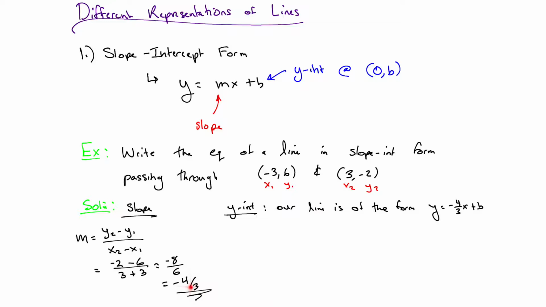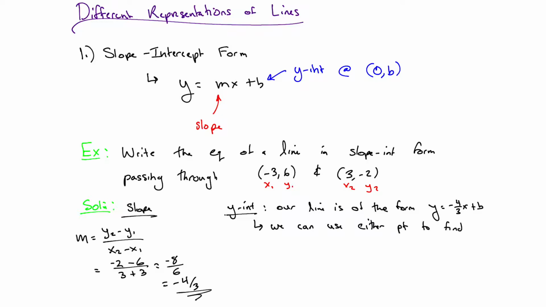We just found out what the slope was, so we'll plug that in for m, but we need to know what b is. And this is where our knowledge about graphs, solutions, and what points on the graph mean comes in. What I mean by that is we can use either point